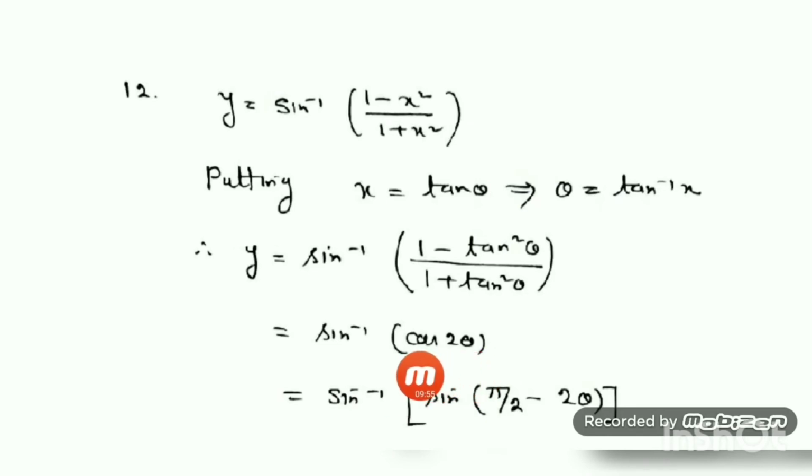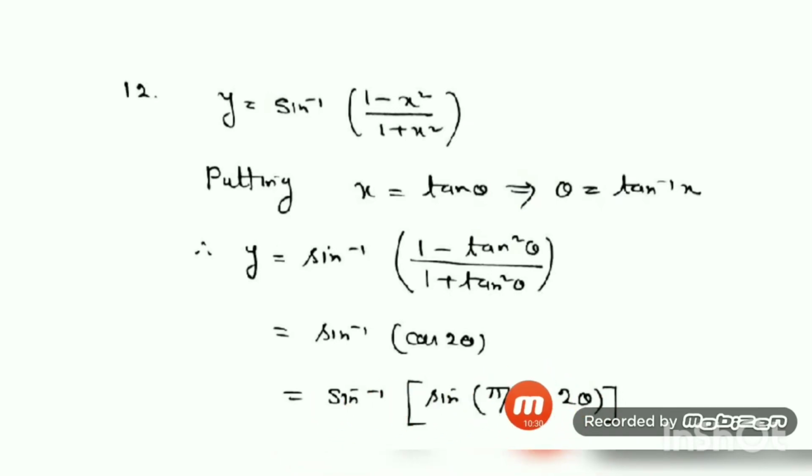So your aim is to convert this cos in terms of sine. So take the help of associated angles. Because we know if I write it as odd multiple of 90 degree plus or minus theta, in the first quadrant all will be positive and cos will change to sine. So I have used this one, associated angle. This also I had discussed in detail in the chapter inverse trigonometric function. So sine inverse of sine of (pi by 2 minus 2 theta). As we know, sine of (pi by 2 minus theta) is equal to cos theta. Okay. So here we have got the sine inverse of sine theta form.